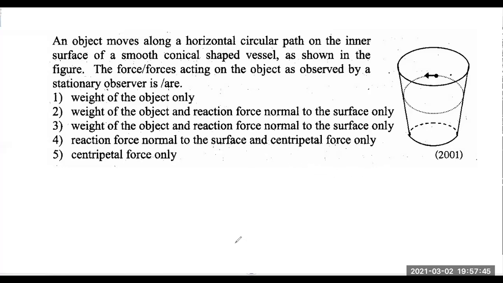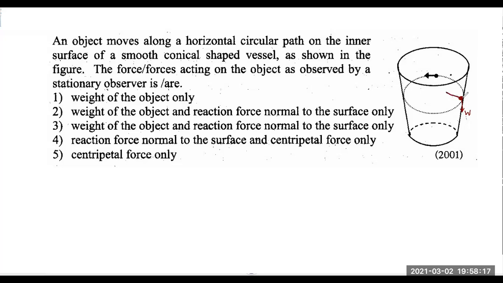Now, this is a similar question from year 2001. Again, they're asking for the forces acting on the object. An object moves along a horizontal circular path on the inner surface of a smooth conical shaped vessel, as shown in the figure. The force or forces acting on the object as observed by a stationary observer are which? So, what are the actual forces acting on the object? There will be the weight. I'll draw the object somewhere here. There will be the weight acting on the object, and since the object is in contact with the surface,